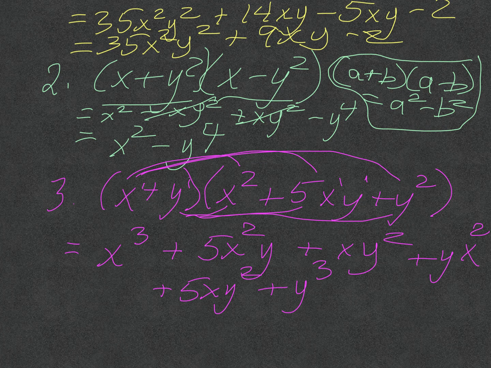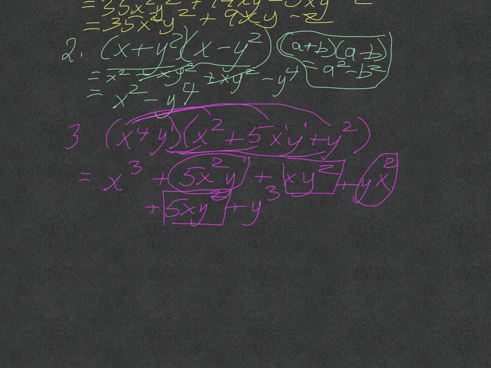None of these are like terms. X cubed and y cubed aren't the same base. X squared y and y, oh, here we go. Those are like terms. Notice it's written as yx squared, but it's the same as that one. And then in the same way, you have this one, 5xy squared, xy squared. So sometimes they're actually different, but in this case you had some like terms, so we can go ahead and